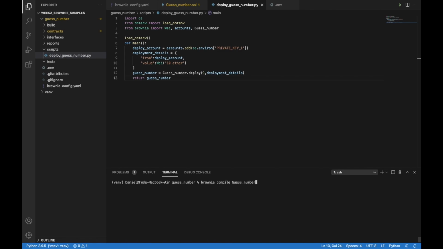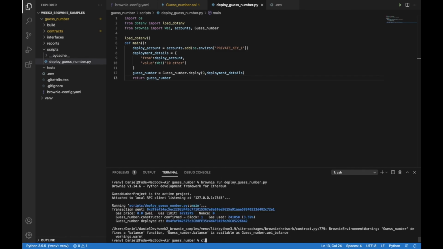So we do guess number, that's all, and we compile the contract again. Nothing has changed because this contract is already compiled, and then we have it there. Now the only thing that we need to do is to run this script, and then this contract is going to be deployed to our local Ganache network. So we do brownie run, and then we call the name of the script. We call deploy_guess_number.py,